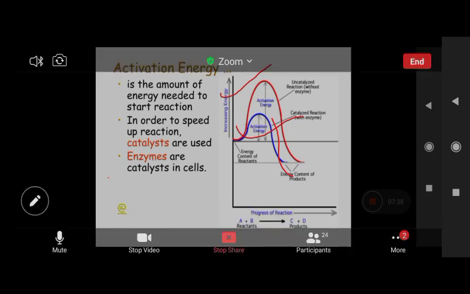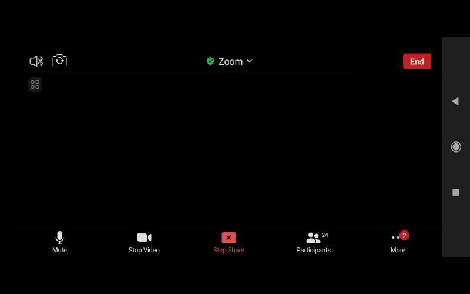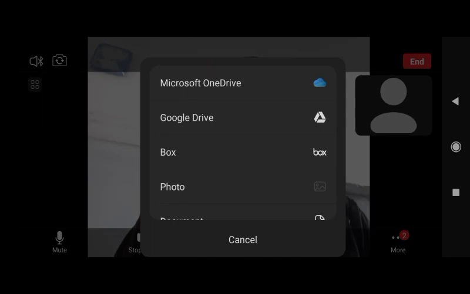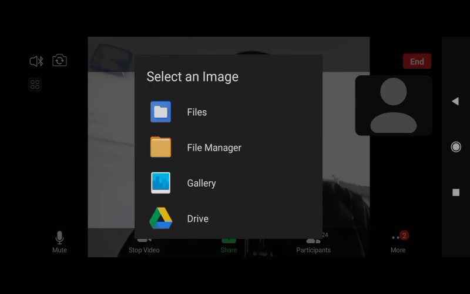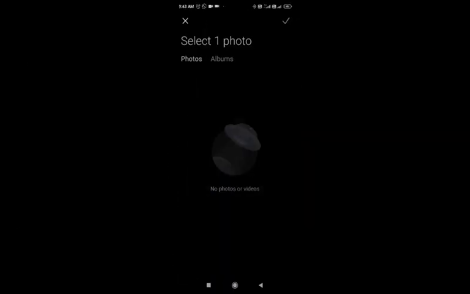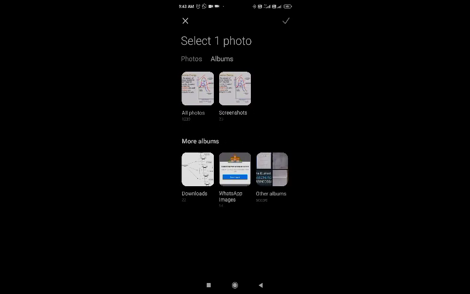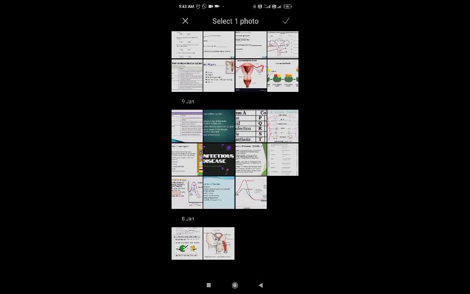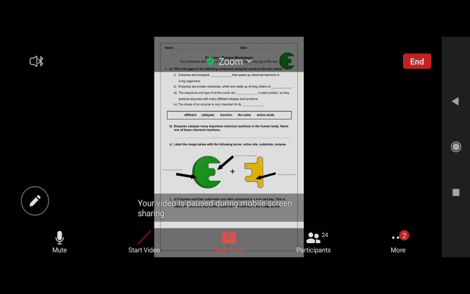Now let me come to our today's worksheet. It is based on whatever we have discussed till now. I hope the image is visible to all. Wait, let me enlarge it.